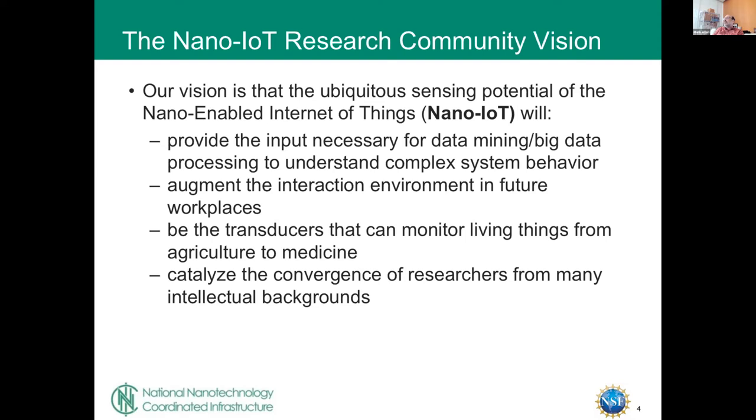Provide the input necessary for data mining or big data processing to understand complex system behavior. So there's a lot of work and a lot of interest in trying to understand complex systems. But of course, in order to do that, you need distributed data. And so Nano IoT can provide that. Nano IoT can augment the interaction environment in future workplaces, a workplace that talks back to you, tells you what